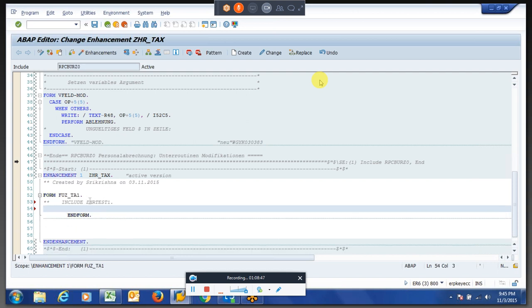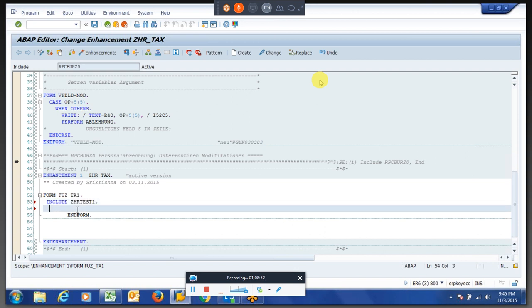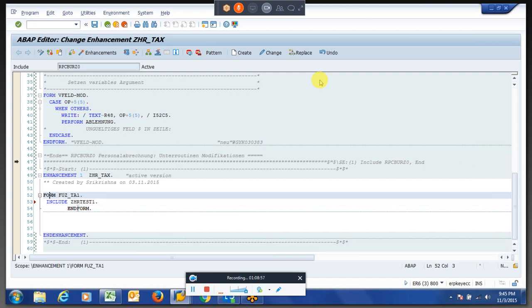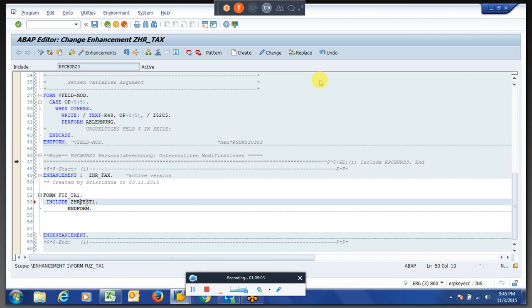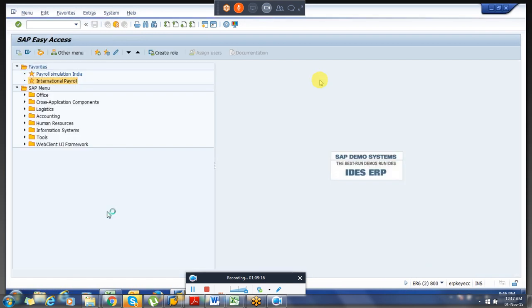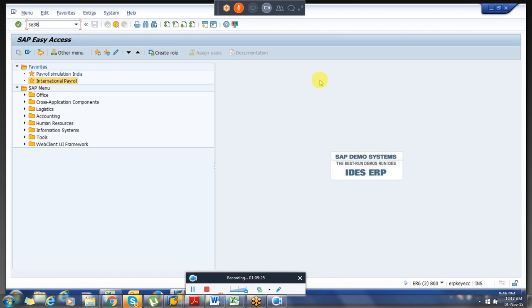So generally what they will do is create an include program to do all the logic within the form start and end form. So whenever the form starts, it will go to the particular include, like a subschema, and it will read the particular program which we are going to create. So quickly, how to create a web program. There are several things again within the creation of a web program.